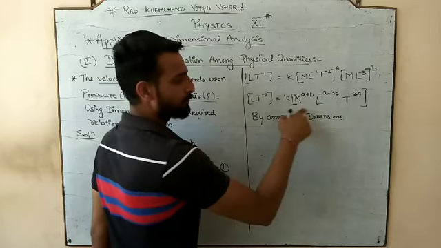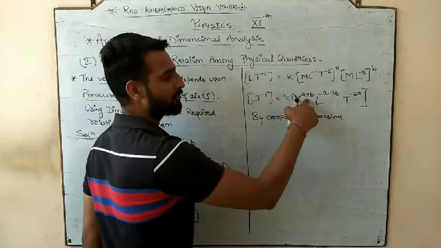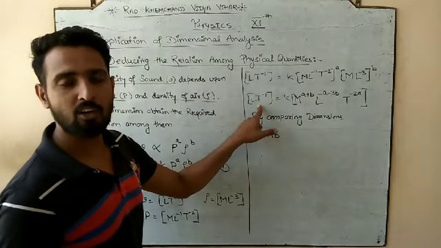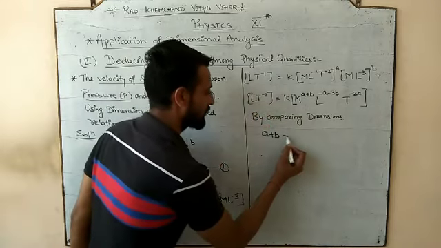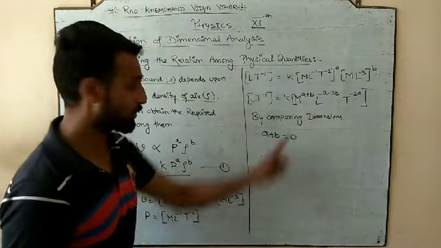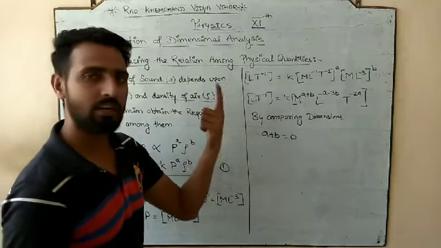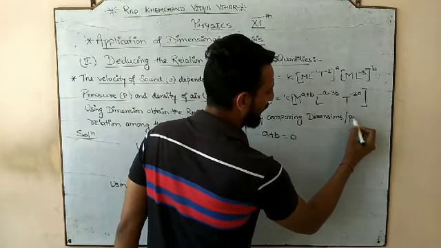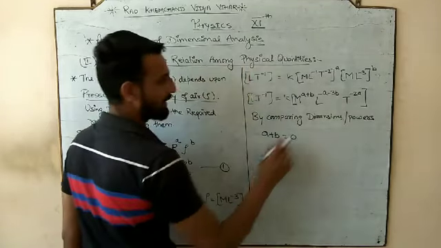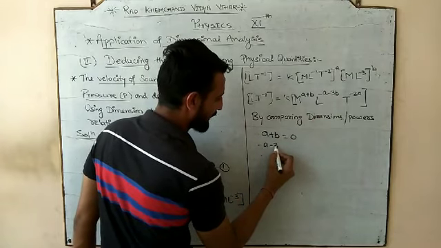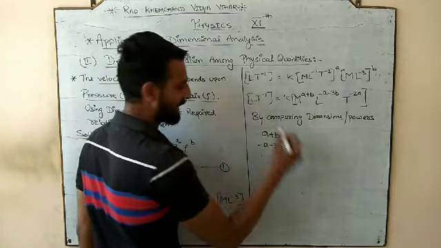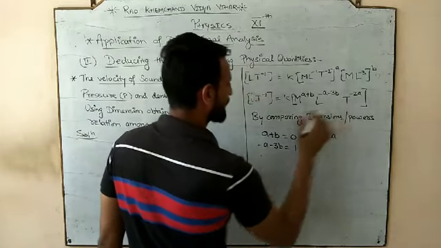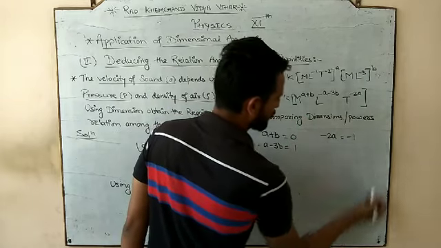Here, M means mass dimension. What is the power of mass dimension? A plus B on the RHS. But what is the power of mass dimension on the LHS? Nothing. So A plus B should be 0, since M power 0 remains 1. So by comparing the powers, L: negative A, negative 3B should be equal to the power of L on the left, which is 1. So we have one more equation. And for T, negative 2A should equal the power of T on the left, which is minus 1.